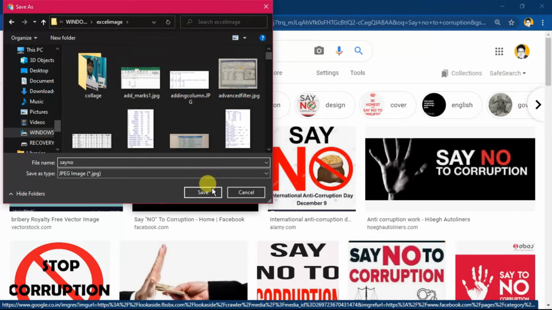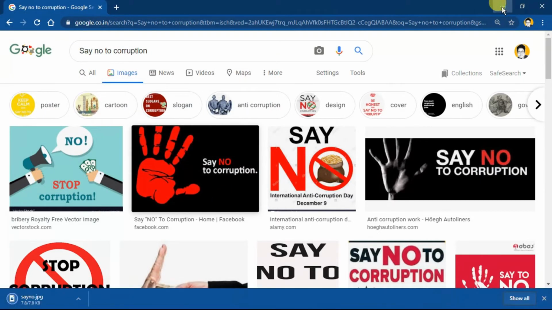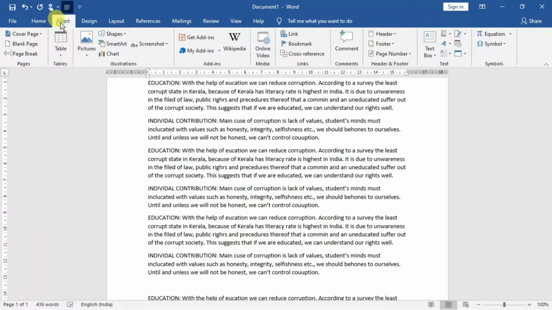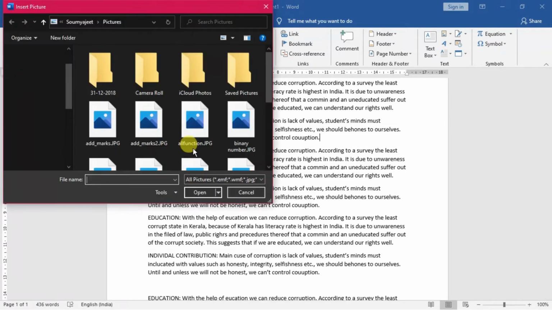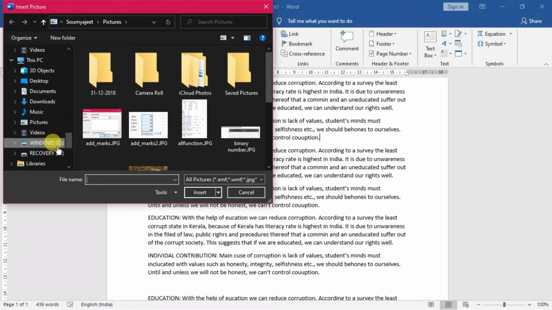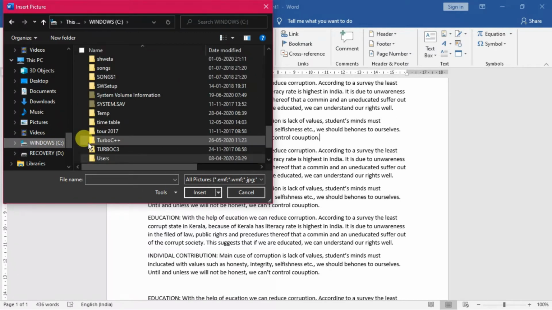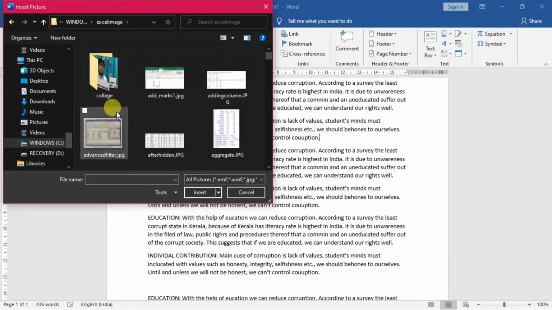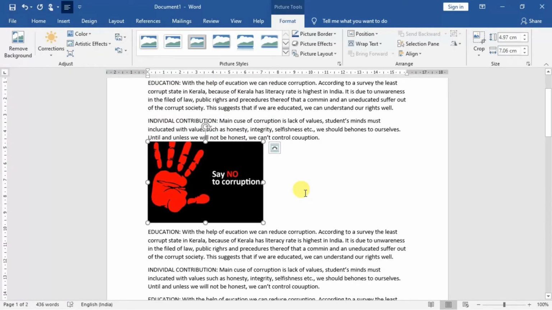So you are learning also how to insert a picture from the internet. All right, and then save. I have saved it. Then I will go back to the document, and I will insert, and I will do that picture, and I will do this device, and from here the C drive and Excel image folder I will open as I have saved that particular thing there. By pressing enter, and then here I will type just say no, and then click on insert. So it will be inserted once again out here. So it has been inserted.